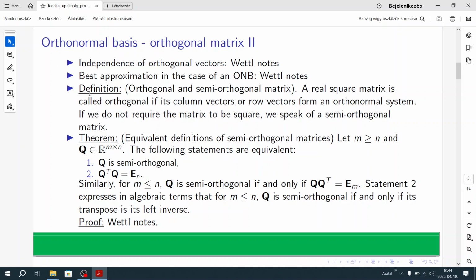Sorry, this is 1. This is 1, this is 0, and this is 1. That's the transpose. That's 1. So if you do the multiplication, you have 1 here and 0 everywhere else. Do it again, then it's 0. Do the multiplication here, that's 0 here, and 1 here. So this is